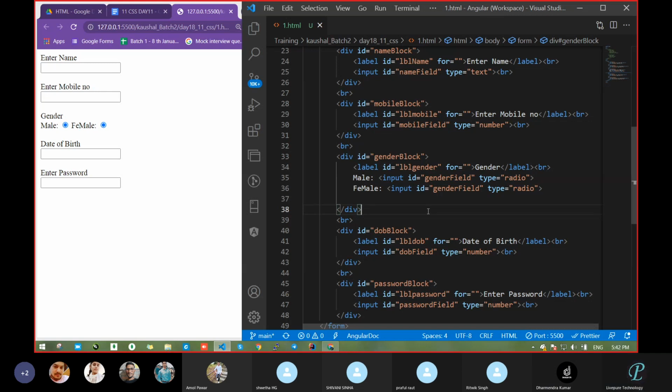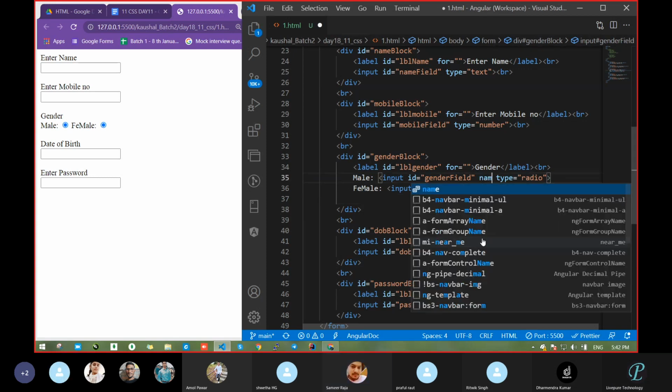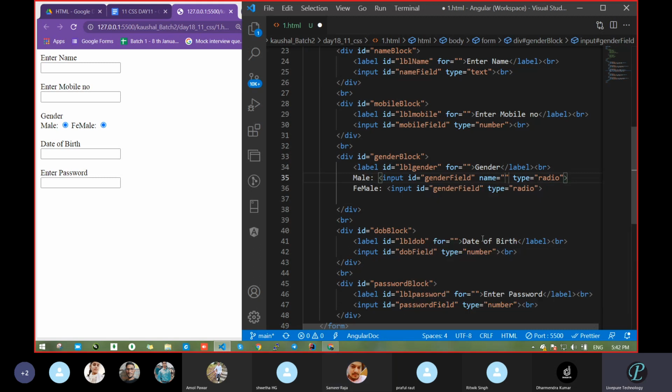Pooja, they had taught you a form also. How can you separate this? Means how can you make only one clickable? What property? Had you studied this or not? No, sir. I only know this much.